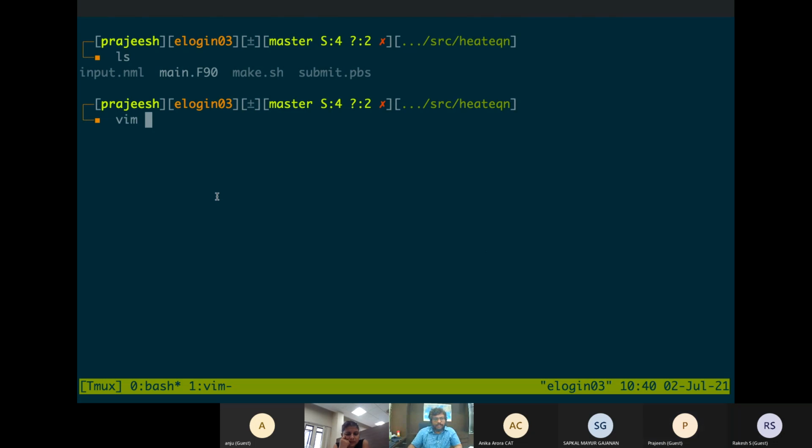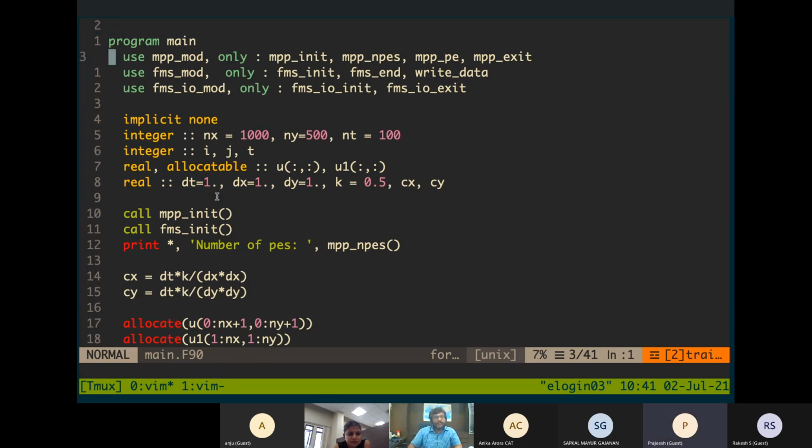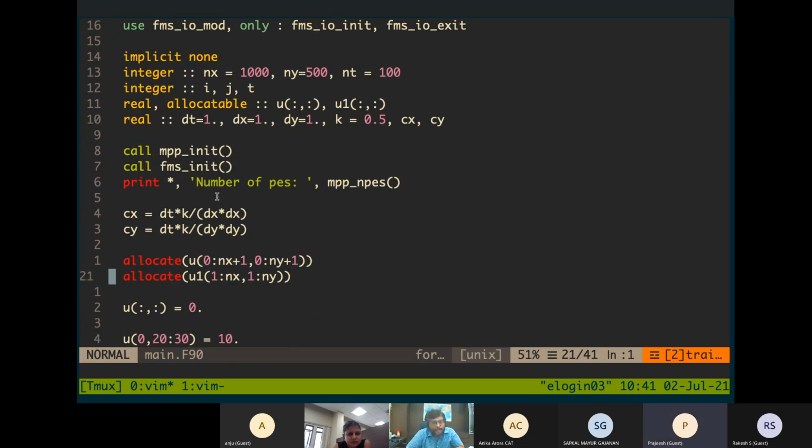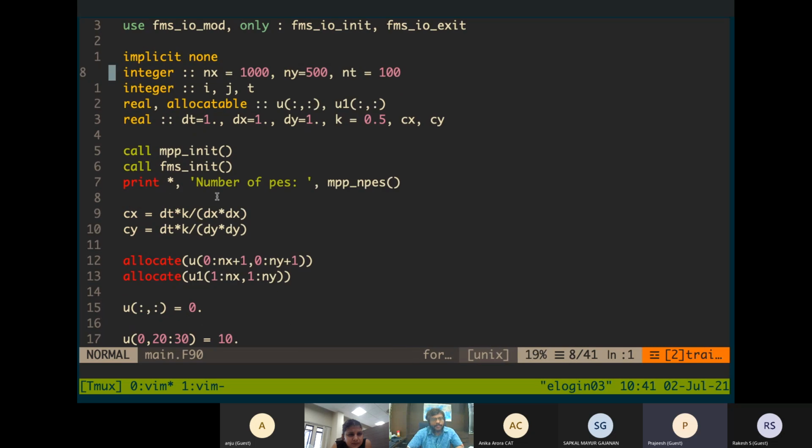The tutorial example code is in main.f90. This is just a simple 2D heat equation. You can see that here.